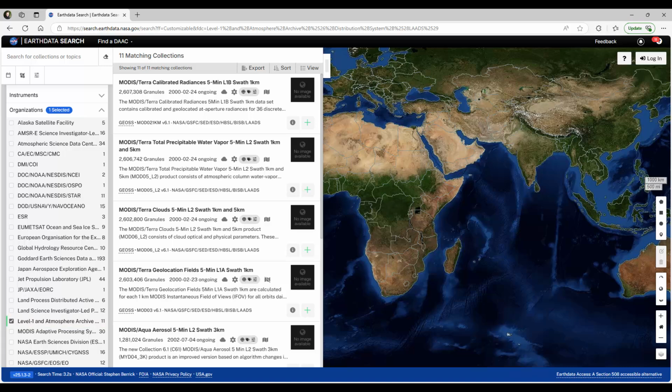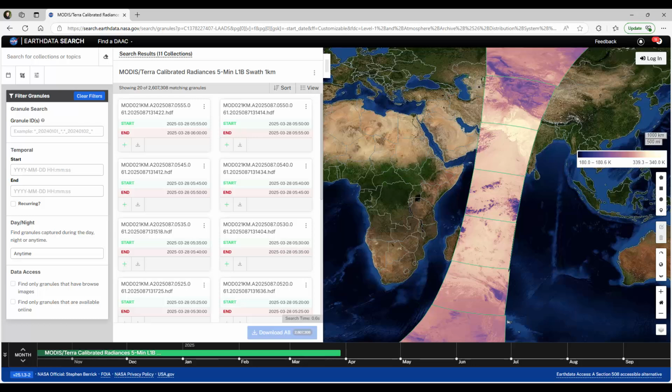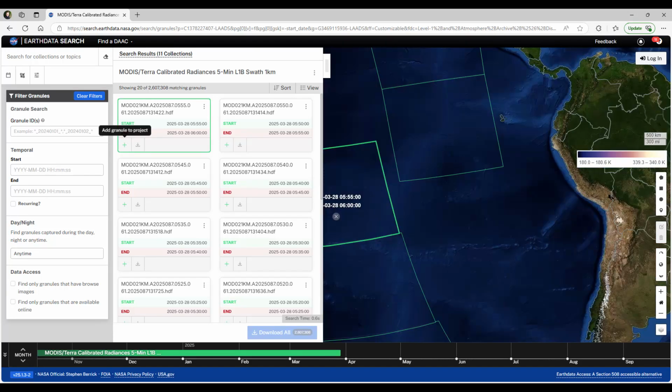On the right, all available customizable datasets will appear under Matching Collections. Click on the data collections that you are interested in downloading. The granules available to download will then appear. Once the granules that you would like to select are identified, click on the green plus sign to add it to your download folder. Once all of the granules that you would like to download are in the download folder,